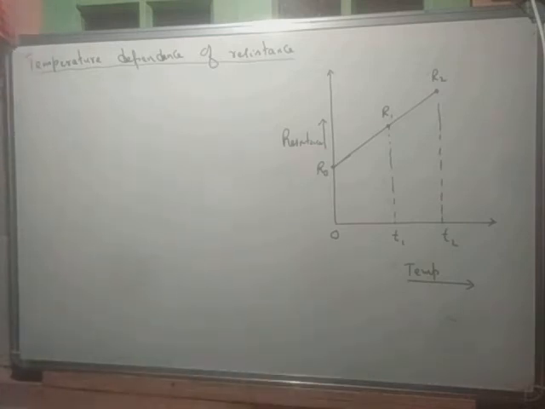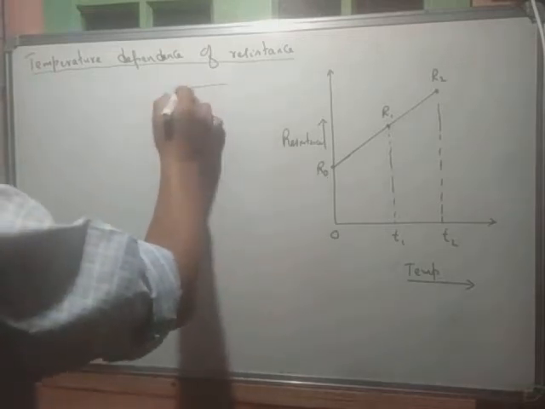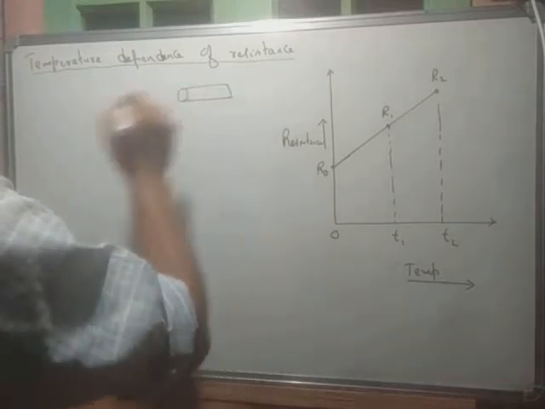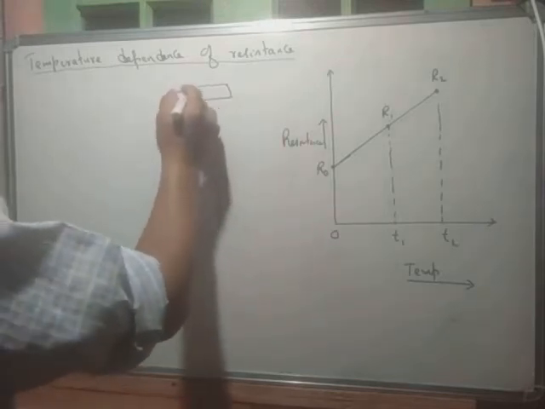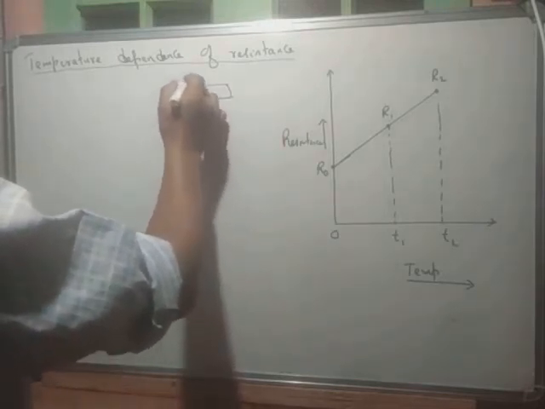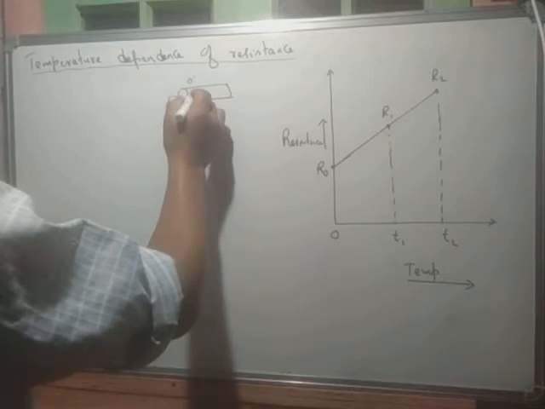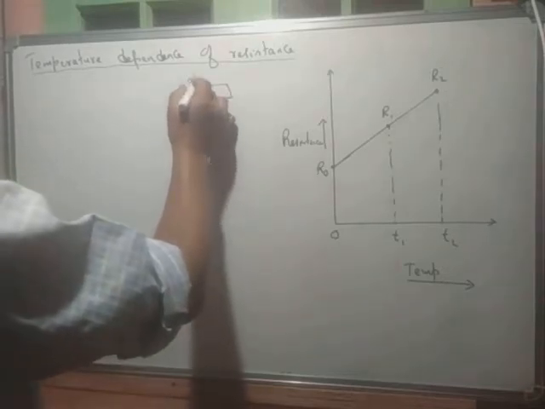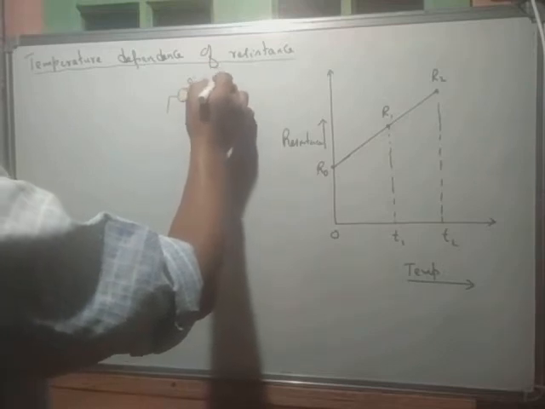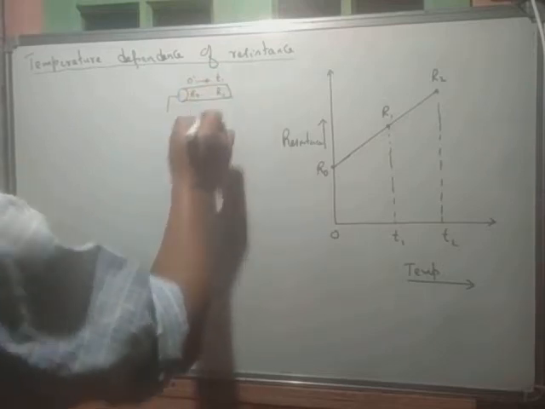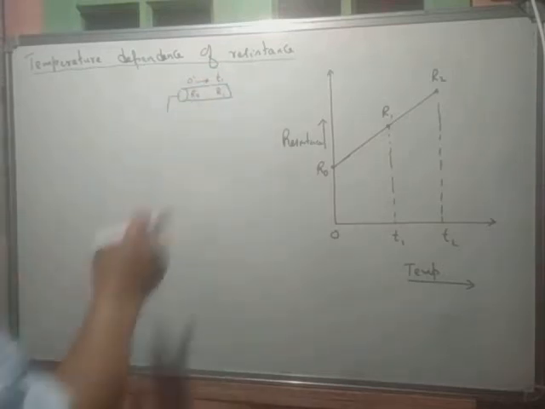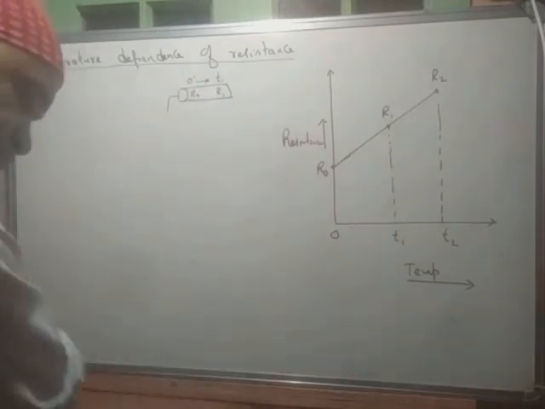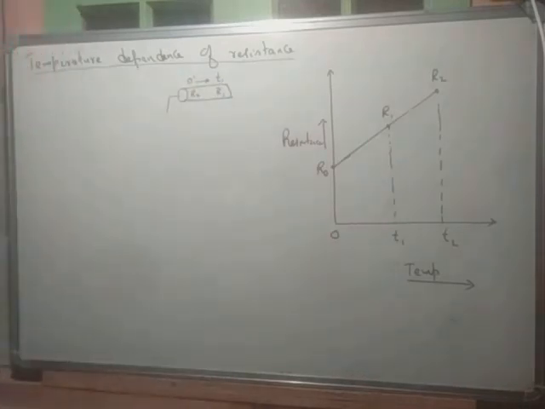the rise in temperature. That means, if this is my conductor, let's say if the temperature is 0, then the resistance, let's say it is R0, and when you increase the temperature to T1, then the resistance also increases and its value is R1. Alright, so therefore